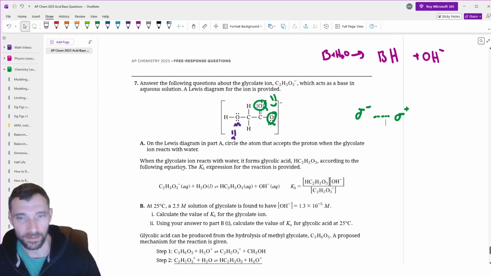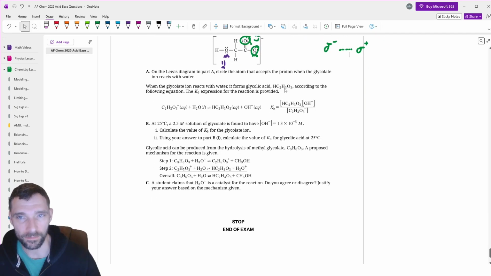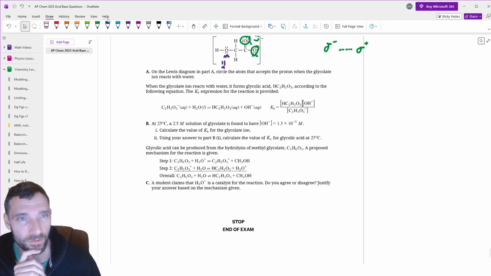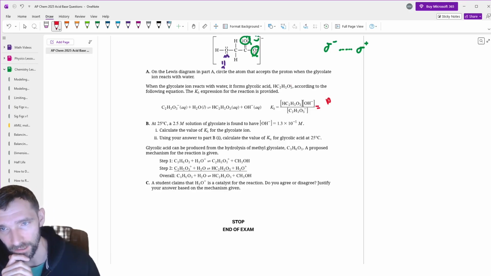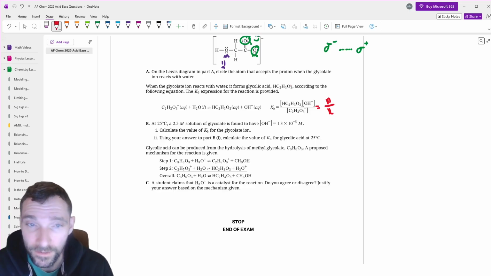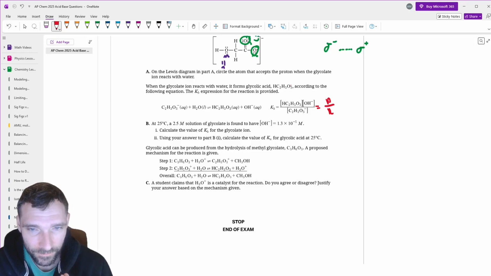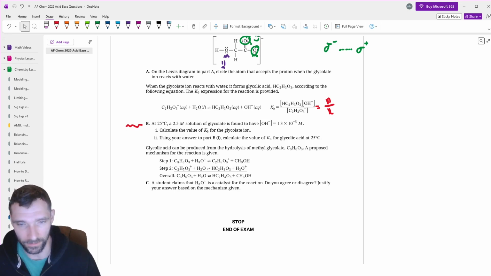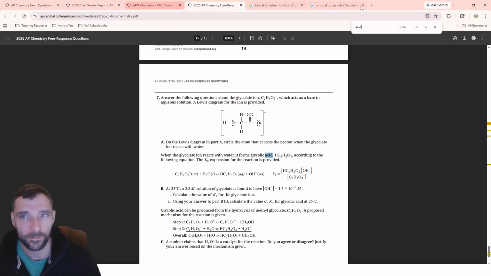Now, if we're talking about this equation right here, they're talking about its pKb expression. So if this is taking in that hydrogen, producing that hydroxide, the Kb expression is a good way of representing those products over those reactants, because this is just the product over reactant expression. And this is more closely related to just a dissociation if you look at part B. So part B right here is kind of like what we were talking about earlier for the acid-base